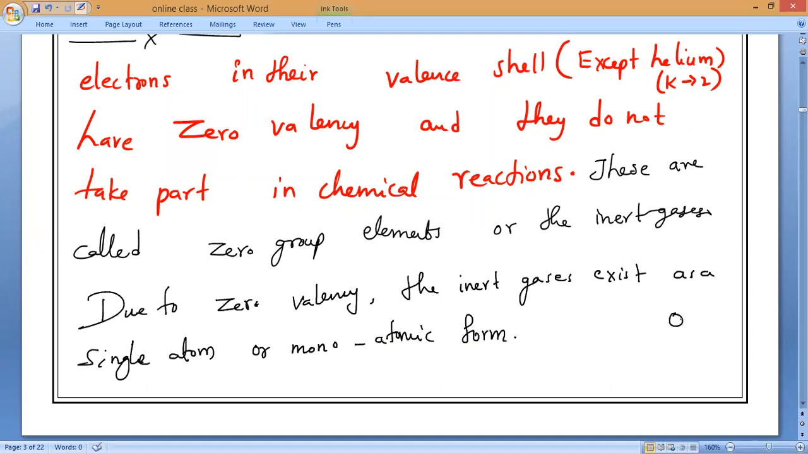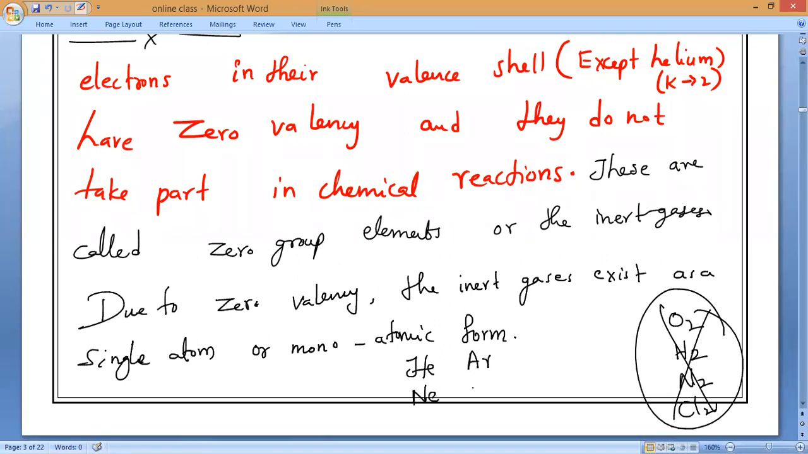Suppose I take oxygen O2, hydrogen H2, nitrogen N2, chlorine Cl2, because they all are reactive. Understand, Omar? But if I take noble gases, helium, single atom, neon, single atom, argon, single atom, xenon, single atom, krypton, single atom, radon, single atom, because